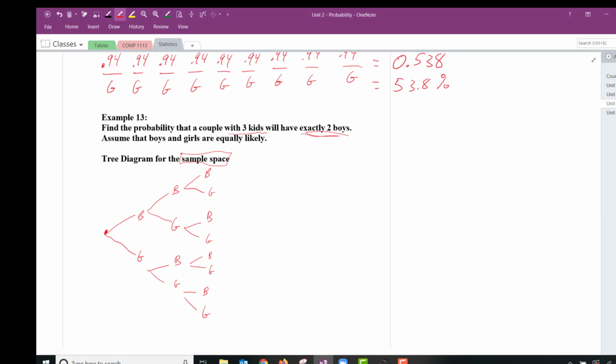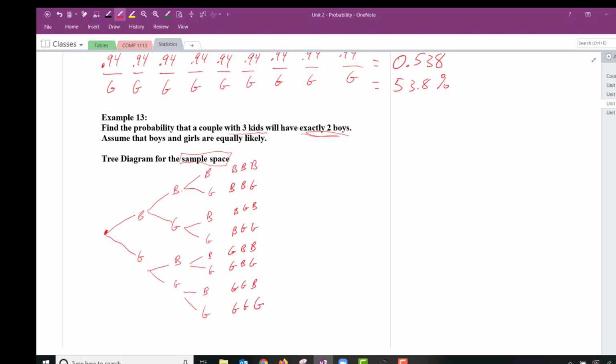If I had 50 kids, this would be a tough thing to list out. But with 3, we can. If you just follow the branches, the first branch went B, B, B. So one permutation is boy, boy, boy, then boy, boy, girl, boy, girl, boy, boy, girl, girl. And you can do the rest here. So there turned out to be 8 possible families